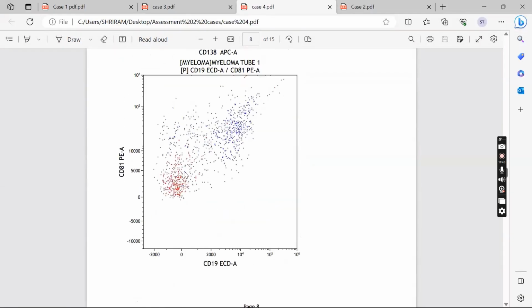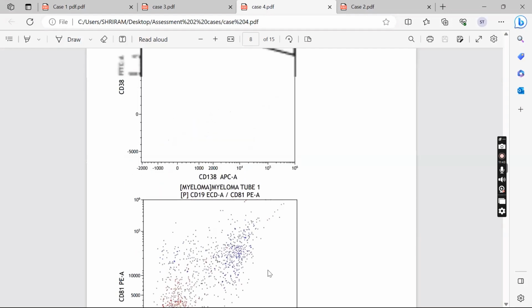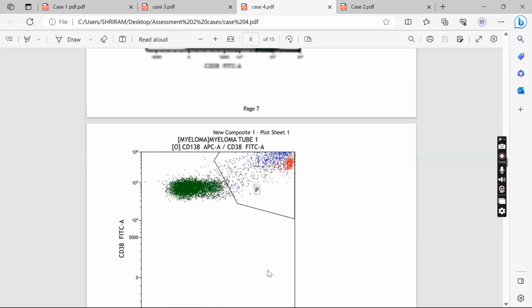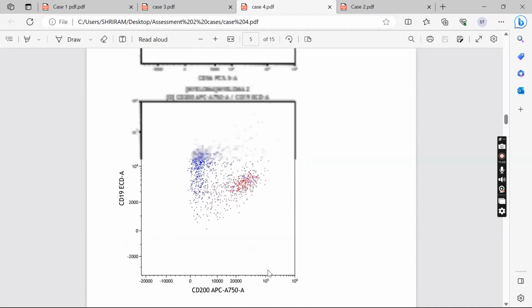So in view of some plasma cells seen in the marrow and with given history of M protein increase and a renal abnormality, we just went and proceeded with the myeloma tube. So this is a viable gate, then singlet gate, then side scatter CD45. So for the initial gate for plasma cells, normally I use side scatter because CD138 is expressed in plasma cells, true,